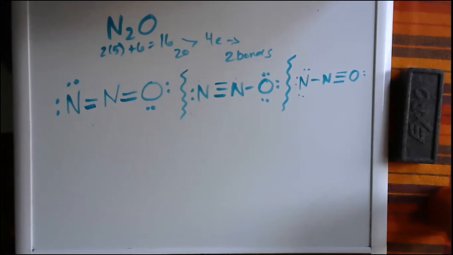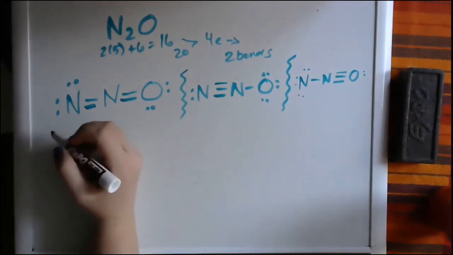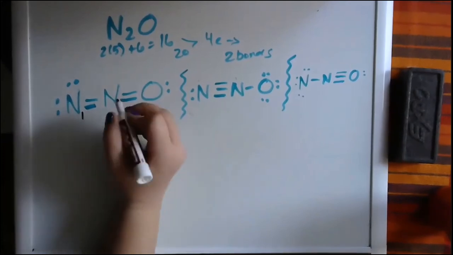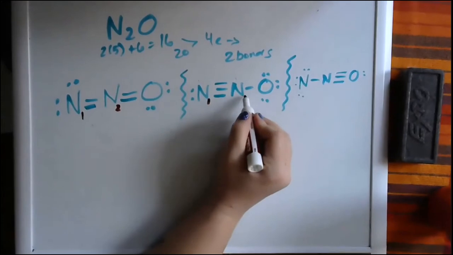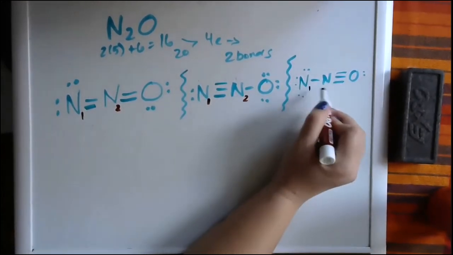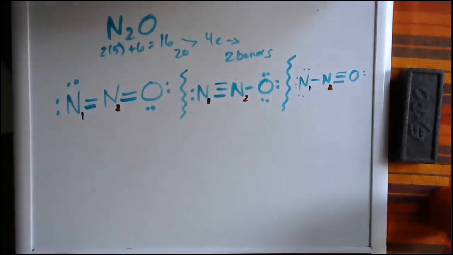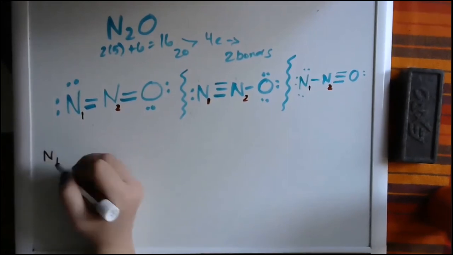Now I'm going to start to use some shorthand when I write this. So if you're confused about where I'm getting my numbers, refer back to the previous slide so that you're following along. I'm going to call this nitrogen 1 and nitrogen 2 in each of these, just so I can differentiate between them. Okay, so for nitrogen 1 here,